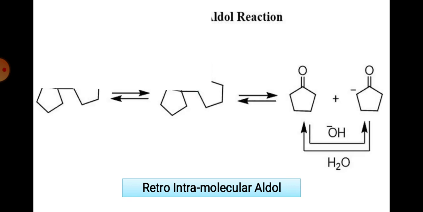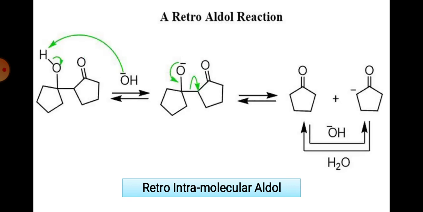Okay, now we have a retrosynthesis, that is, we have to go backward. If you give the direct product, that is an aldol, we have to identify the starting materials with that process called retrosynthesis. By using that process, we take 2 cyclopentanone. The two molecules undergo aldol condensation, one acting as a nucleophile and the second as an electrophile, reacting together, and by the loss of water you get the product. In the same way we can identify the mechanism, that is, identification of starting materials from the product, which is called retrosynthesis.